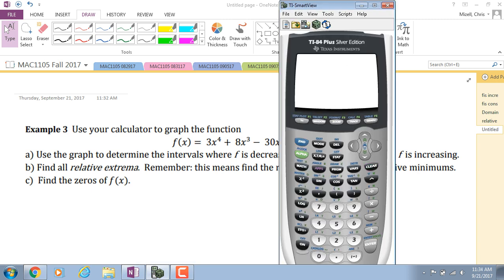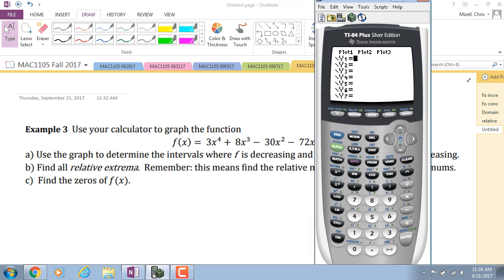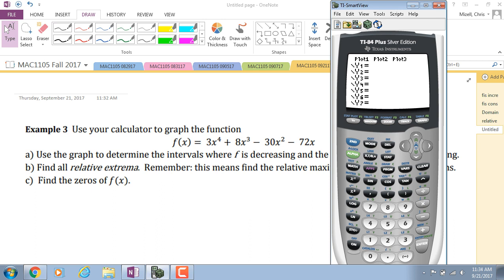Clear it. Y equals. If you're working with a newer operating system, of course, you know after you type the exponent, it doesn't quite look like this. Press the right arrow so the cursor moves off the exponent so you can type the plus, and the plus doesn't end up in the exponent. I'm going to look at my viewing window and see what it is. This is the standard viewing window. If I simply press graph,